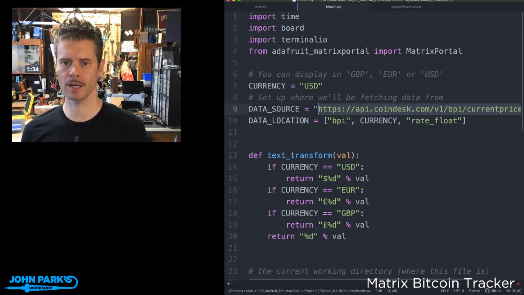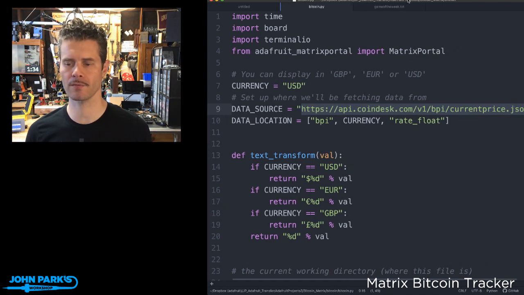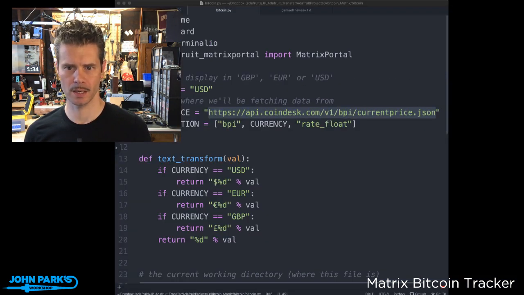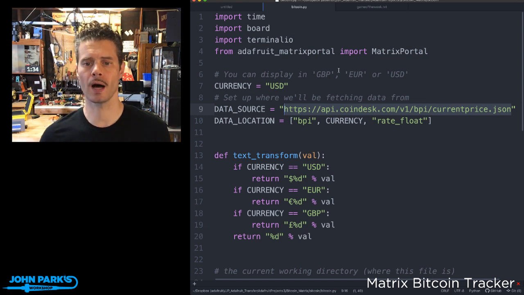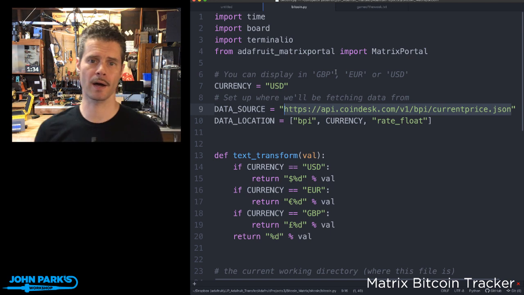So what you'll see here is the code is short. It's straightforward and simple. A lot of the heavy lifting is done inside of the Matrix Portal library. Move this over just a little more so you can read that text fully. There we go. So we're importing just a few libraries, time so that we can count down a certain interval